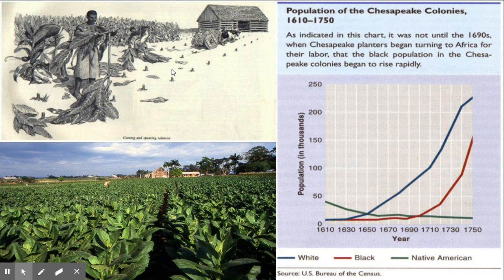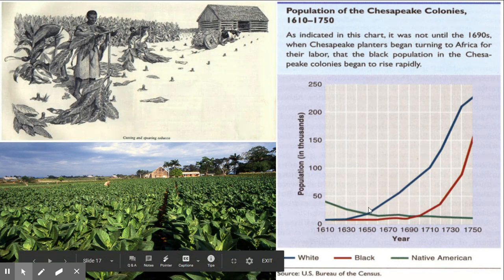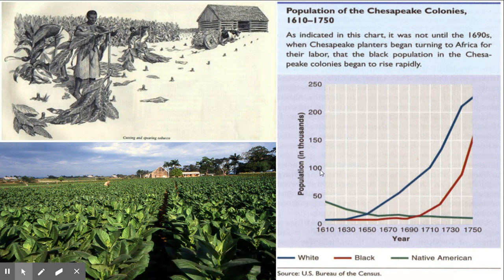Now, England wanted this stuff. They're the ones demanding a higher supply of the product, and the supply could not be met with the amount of white people that were here in the colonies at the time. So more and more people came to the colonies because they saw a chance to make money as well. What they didn't realize was, yes, you could come here and plant all this stuff, but you're not going to get paid anything what it's worth whenever it comes back to you, if that makes sense. So the need for slaves is going to drastically increase.